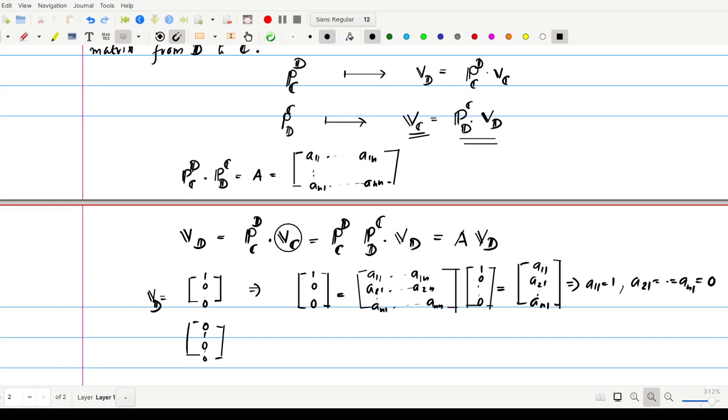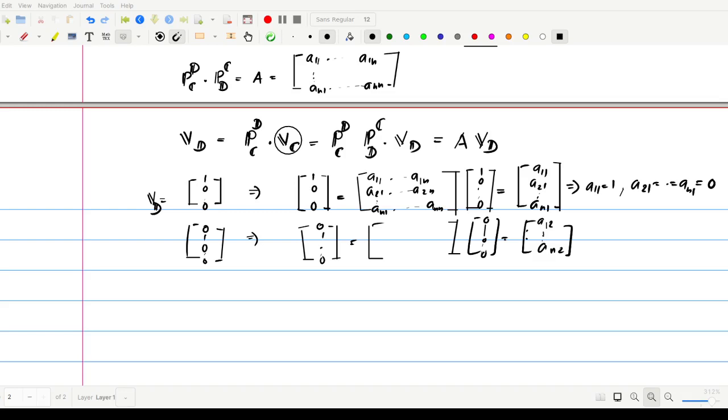that means if you choose the vector whose coordinates are 0 1 0 0 etc, then that equation will become 0 1 etc. 0, that is equal to the same matrix times 0 1 0 0 0 etc. So when you multiply that, we can get the second column entries, a12 etc. an2. So this will give